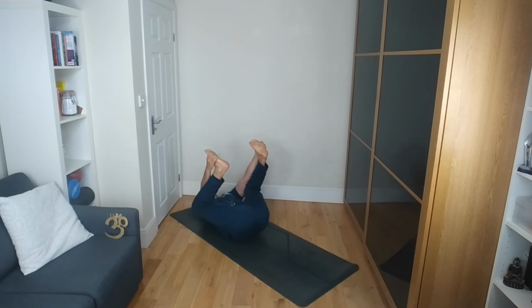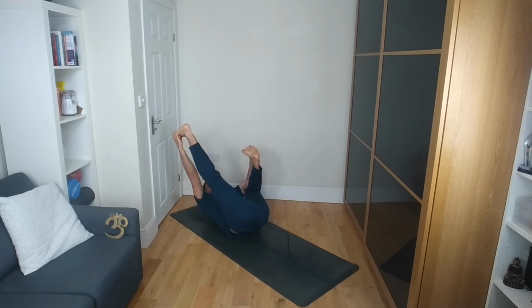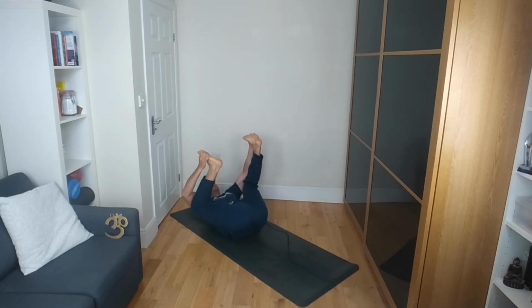Okay. Otherwise, you can just stay in a normal position, or you can pull one knee down even further towards the floor as you stretch the other leg up and away. So almost like you're pulling a bow and arrow, and take the opposite as well. So you pull one knee down, extend the other leg up as if you're pulling a bow and arrow,